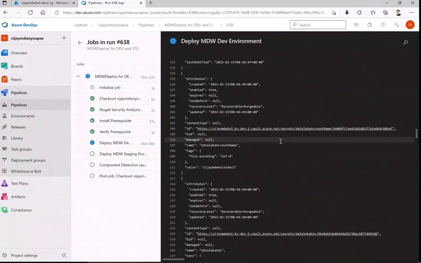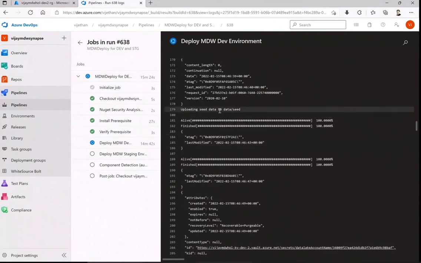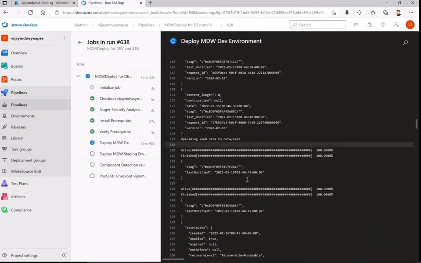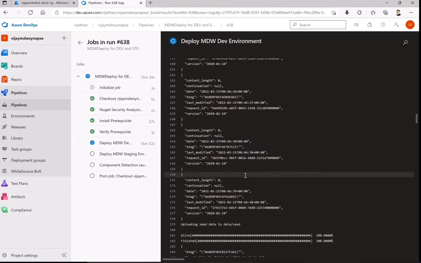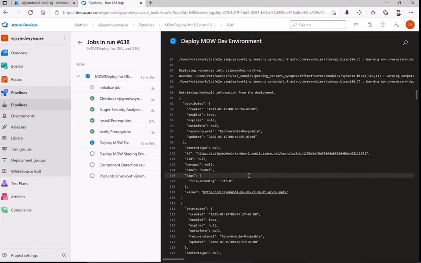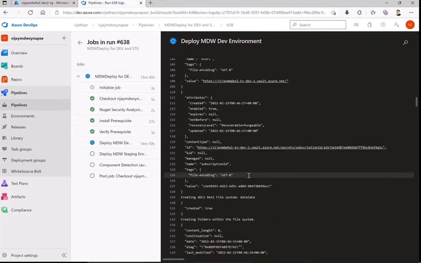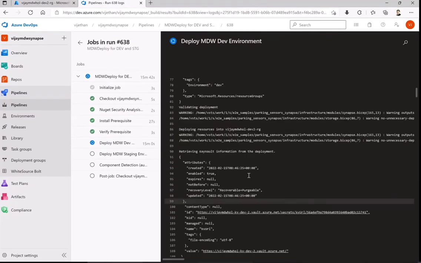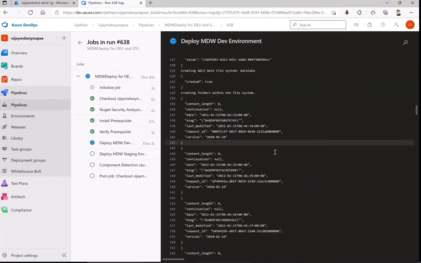We also created the JSON documents, which is semi-structured data, which we uploaded as a sample. So these are a few things apart from the data lake structure which we created after the infrastructure deployment.